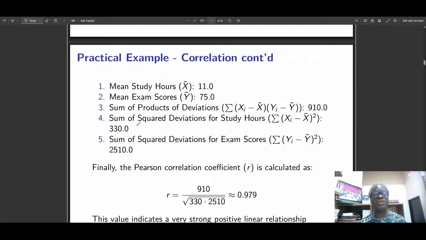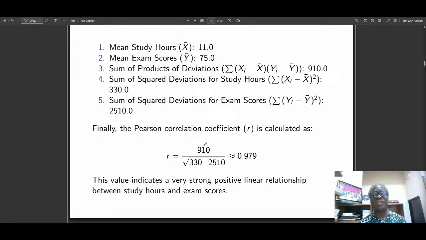The sum of square deviations for study hours is 330.0. The sum of square deviation for exam scores is 2510.0. And when we substitute that, that is this value,